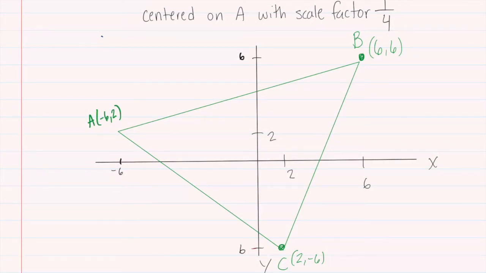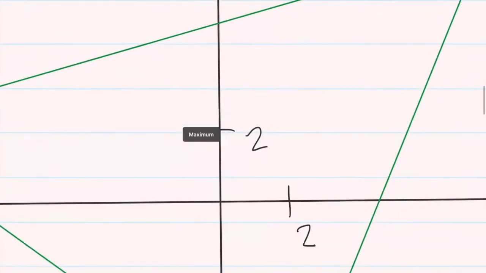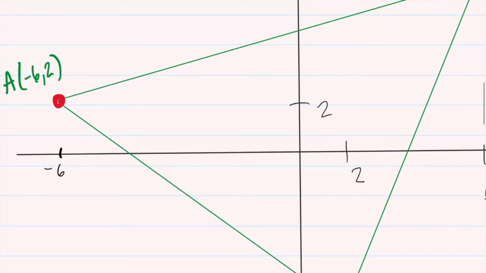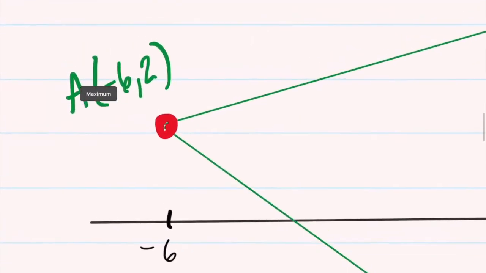Dilation centered around A with a scale factor of 1/4. Well, we know this triangle has a center on A. This is different than our previous examples because our center is not in the middle of this shape. Our center is actually in this point. So instead of shrinking in the middle, we're going to be shrinking right this way